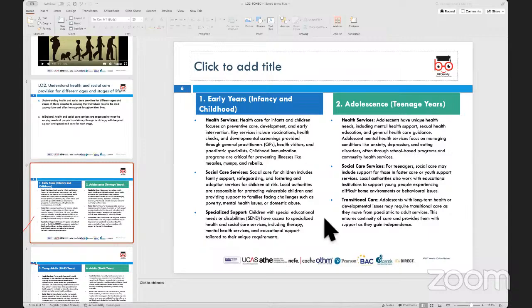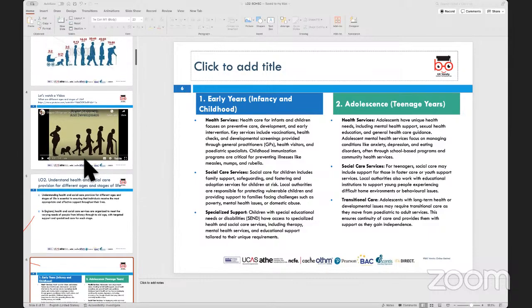Now, these services obviously go on into adolescence, which is the teenage years. And when we talk about teenage years, we are looking at services which are primarily provided to children initially between the ages of 6 to 13. And what we would see is things like